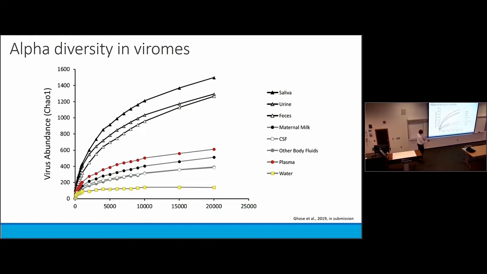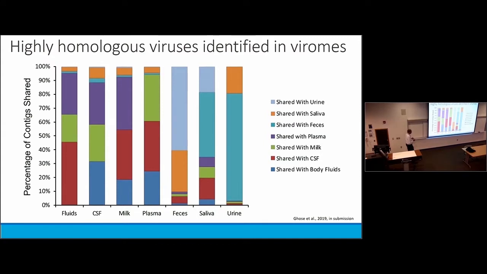If we look at CSF and plasma and milk, these are relatively low diversity sample types. What do these have in common? These tend to have few bacteria, with the exception of the breast milk, which is generally somewhere in between in terms of the number of bacteria, but it's clearly showing up in this low diversity cluster. So we've got these two different clusters, one with high diversity, one with lower diversity, that we could clearly see distinctions upon principal coordinates analysis as well.